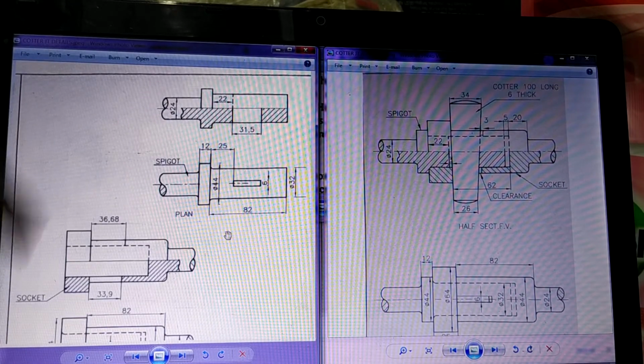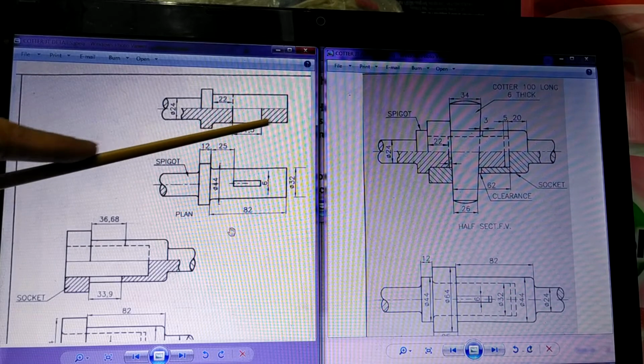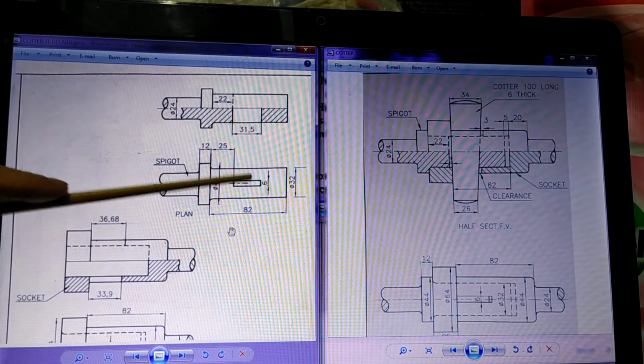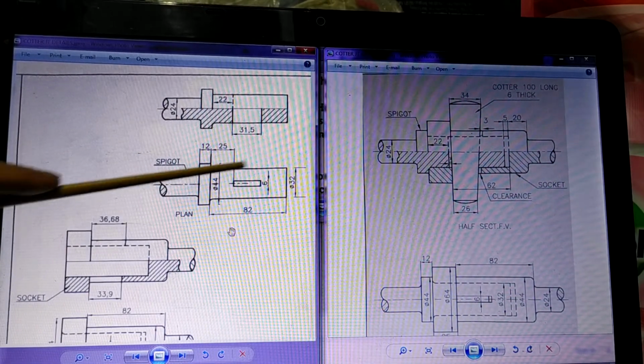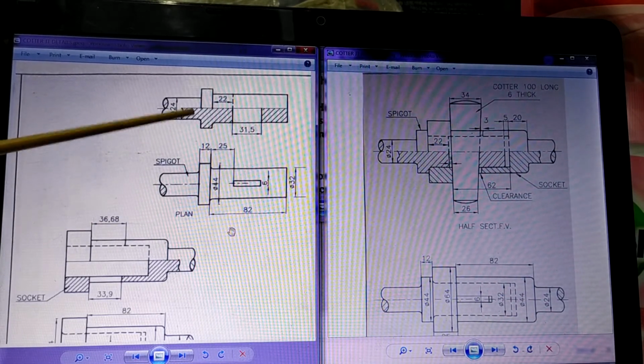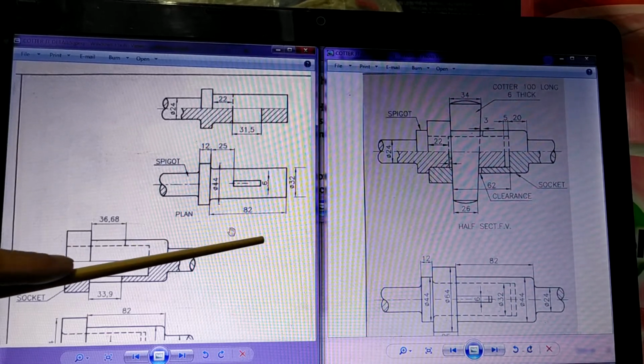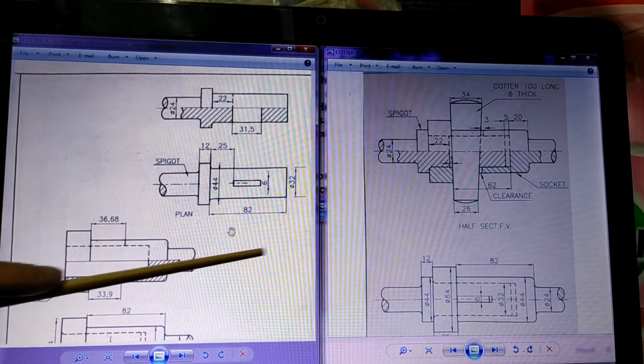So as you see here, this is a spigot. This is a spigot which is this part. So this spigot, as you see here, it is like a rod. Now this end has got a rectangular slot cut into it. The size is 32 diameter. So this is a spigot, and when you draw, you have to draw this. You have to name the part like part number 1. Then you have to write here name is spigot, material is MS, quantity 1.